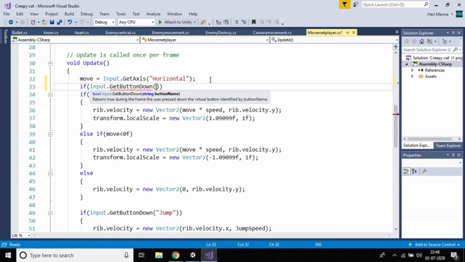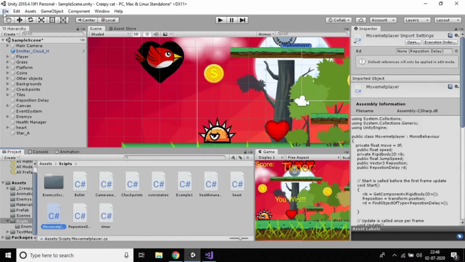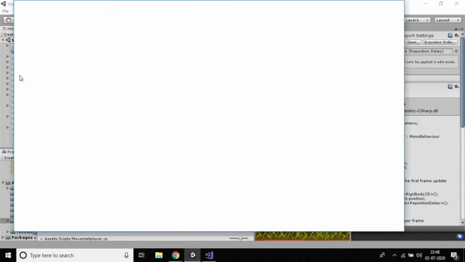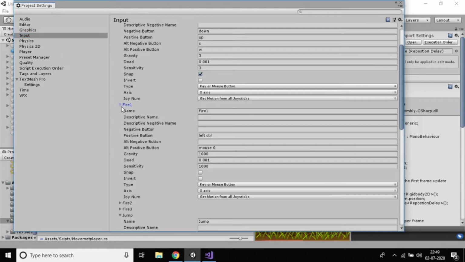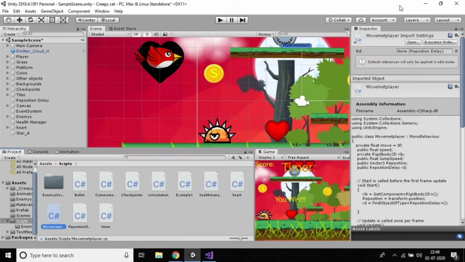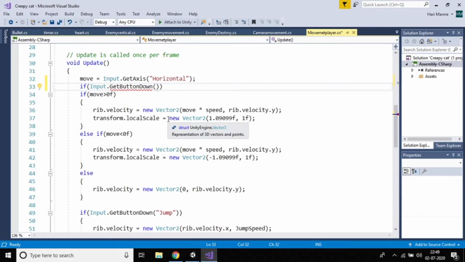You can see here: go to Project Settings, go to Input, and you can find Fire1. If I press Fire1, that means left control or mouse 0, your bullets will be instantiated, so your bullets will come. That's why I'm taking this one, and just copy paste here, the same name should be there.